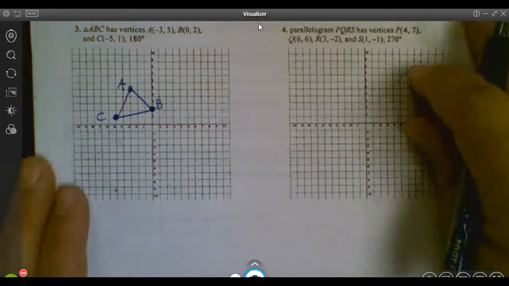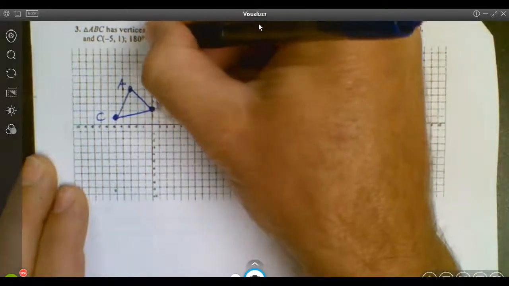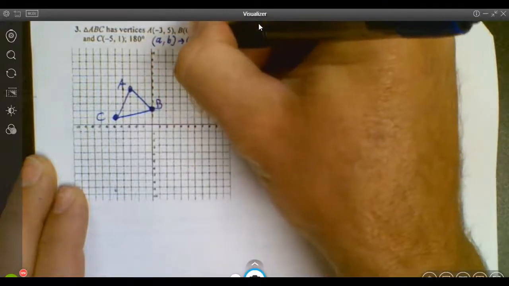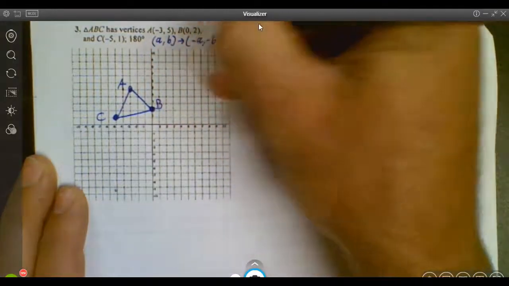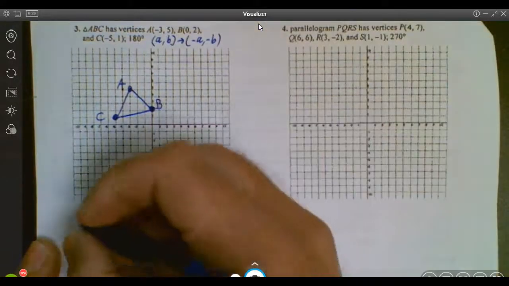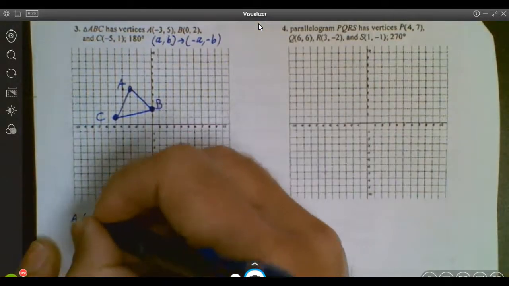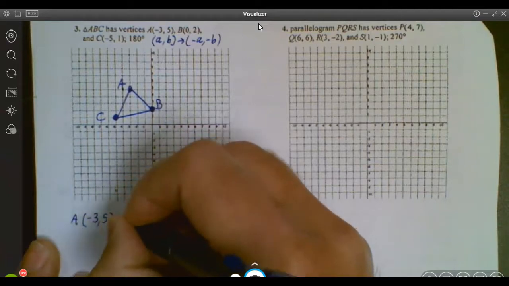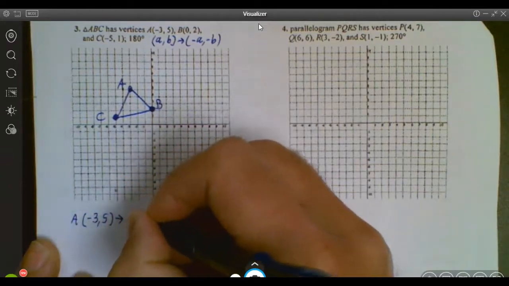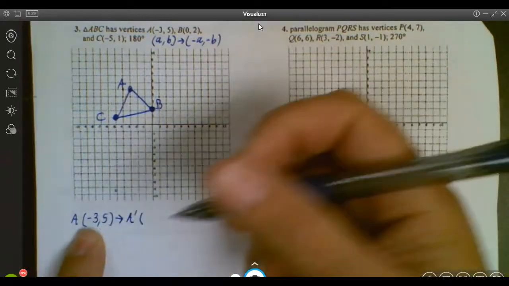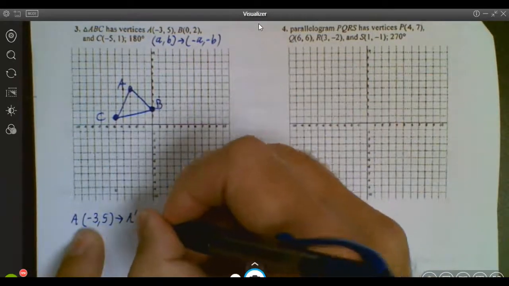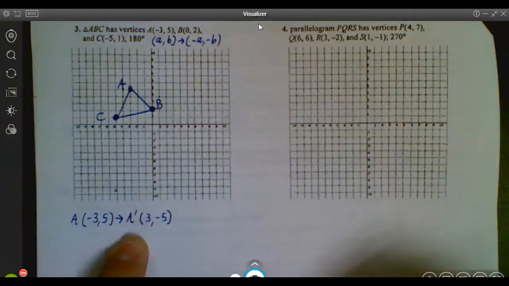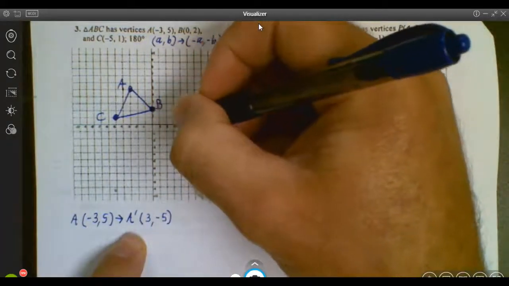So again, my 180 rule says AB becomes -A, -B. I literally just changed their signs, and that's it. So here's point A, -3,5. So if I just change those signs, -3 becomes +3, and +5 becomes -5. There's my new point. So at 3, -5,